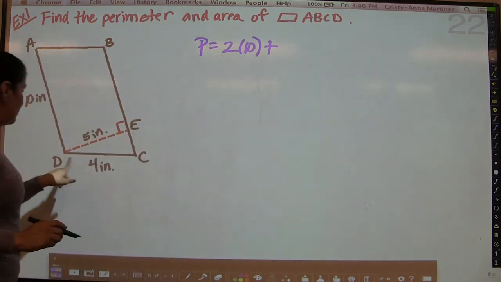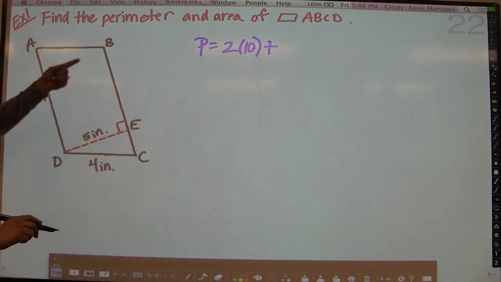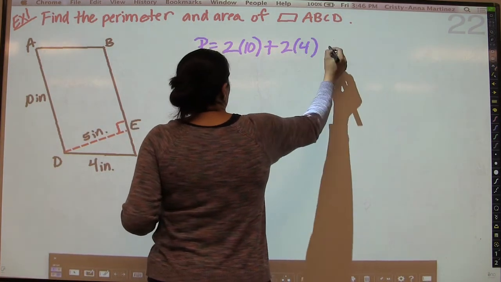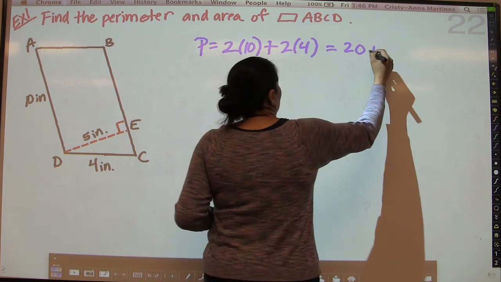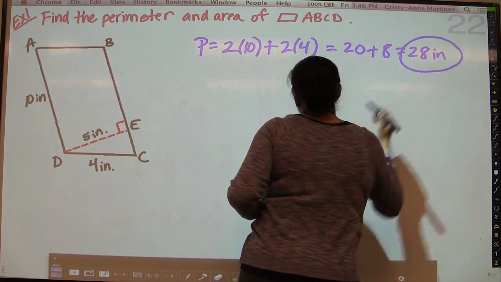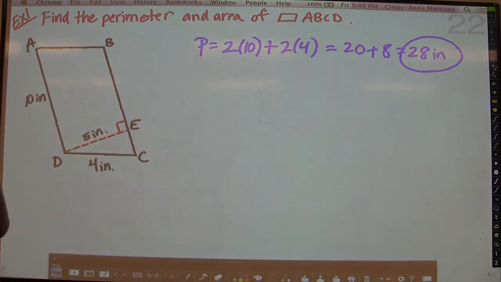And then we know that DC is 4 inches, which means that AB is also 4 inches. So we're going to add 2 times 4, and we're just going to get 20 plus 8, which is, lo and behold, 28 inches for the perimeter. Not very complicated at all. And then we want to find the area. Well, the area